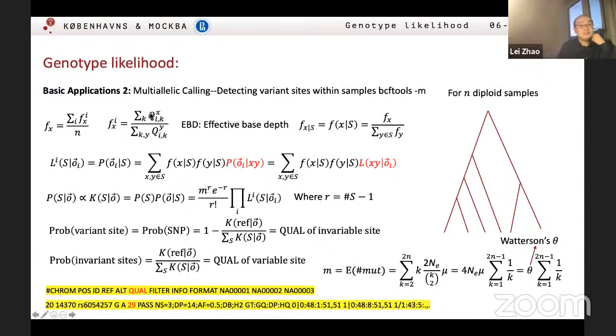But in this way, you observe A with a quality score like 30, and the other A with quality score 2. That means the 2 doesn't matter that much, but the 30 really means something, because the 30 are of good or better quality. And based on this, you can calculate something like the frequency.